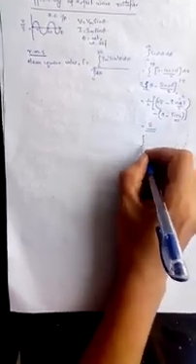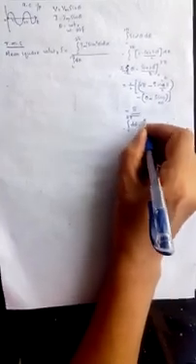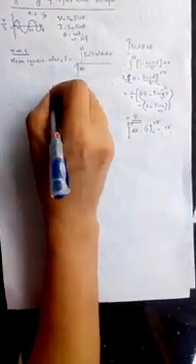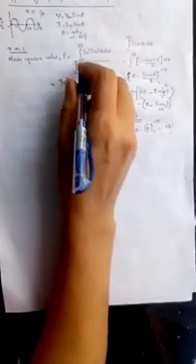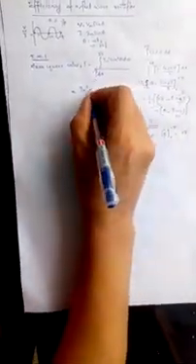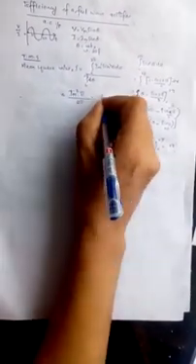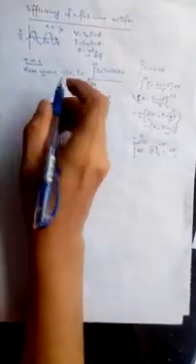Now the denominator, integral 0 to 2 pi d theta, is equal to theta within the limits 0 to 2 pi. So that is equal to 2 pi. So we can substitute the values here. So I squared is equal to Im square, and the numerator value is pi divided by the denominator value 2 pi. So this is equal to Im square divided by 2. That is the mean square value.